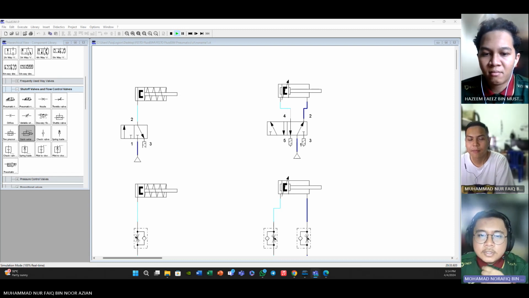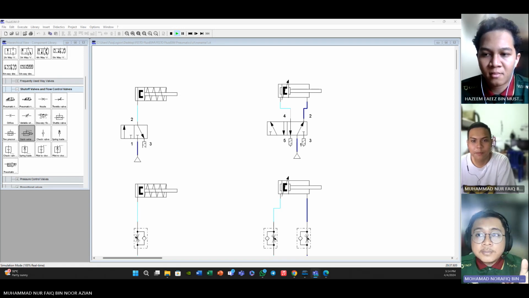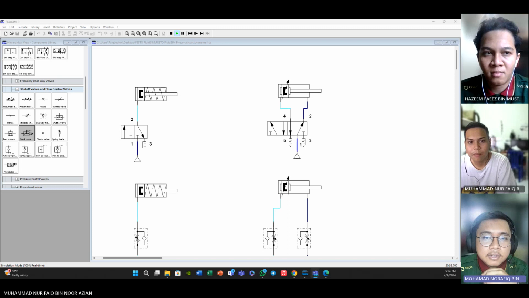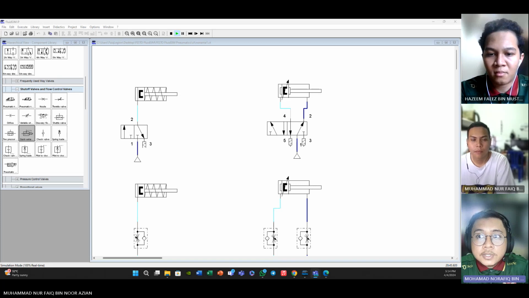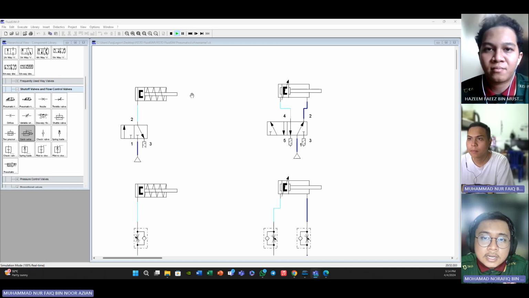Thank you, Faiq. It was insightful. I appreciate how you explained basic pneumatics. It helped me understand the fundamentals better. From the video, I saw he used the single action actuator and double action actuator. From what I know, the single action actuator, which is also known as a single acting cylinder, this type of actuator uses